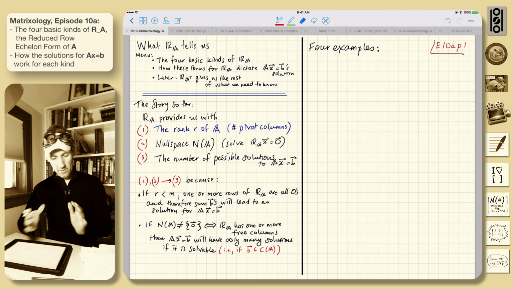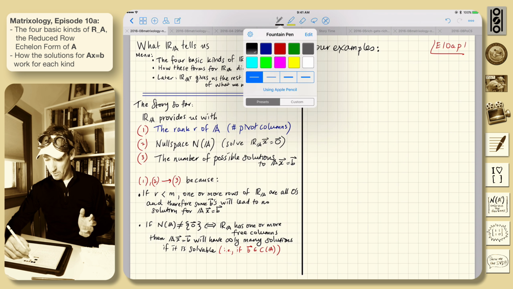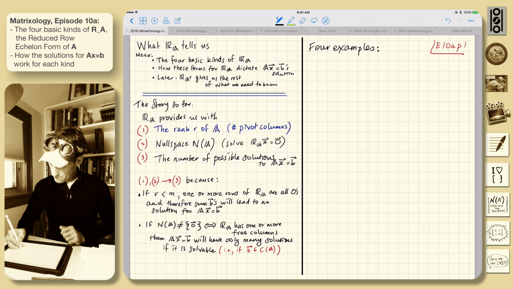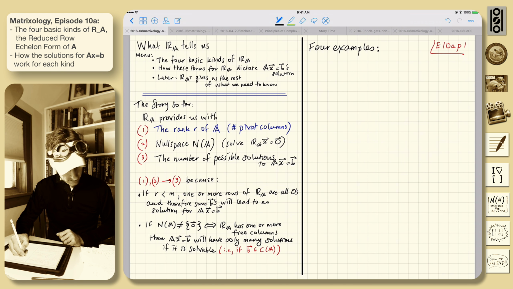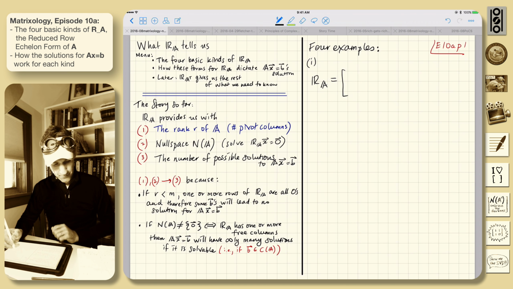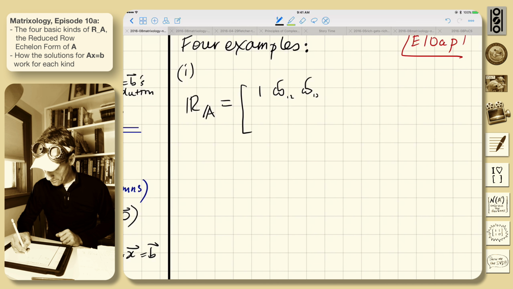Okay, so let's have 4 examples, and perhaps you want to go back to the start of this again and then refresh, and then we'll have a table. So sort of the end pieces will be good things to return to. So let's say we have this. So this is, I'll call it 1, a little thing like this. So R_A, just an example, equals 1, and these apples are going to be different things, all right? So we'll say this is 1, 2, this is apple, let's make this bigger, 1, 3, 0, 0, 0, right, like this, 1,